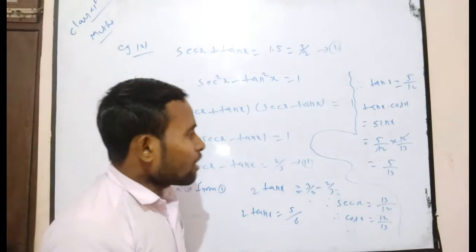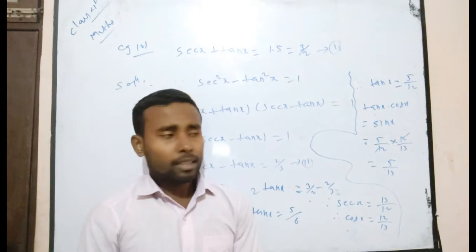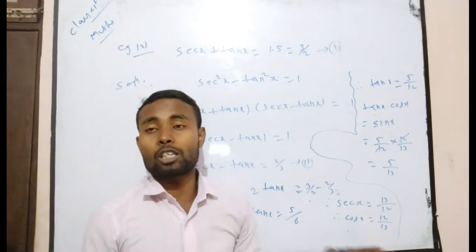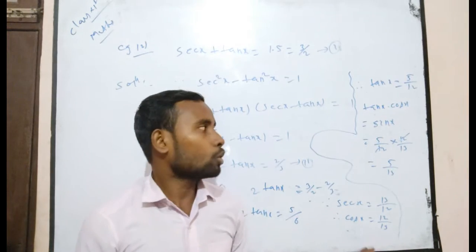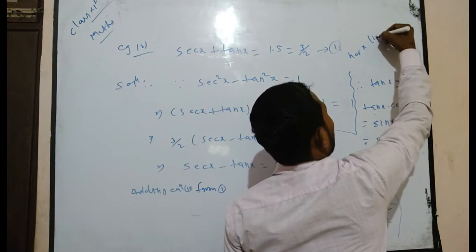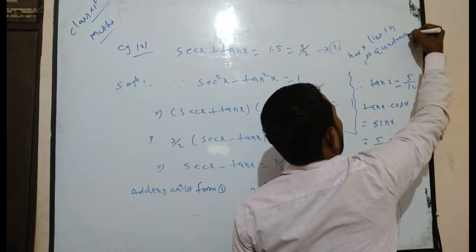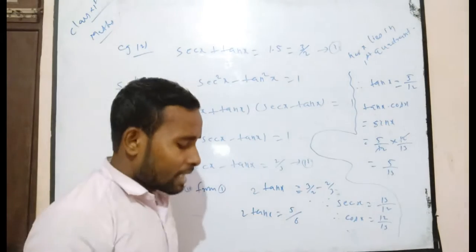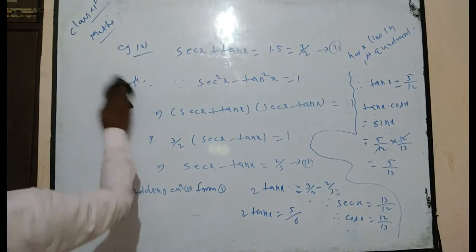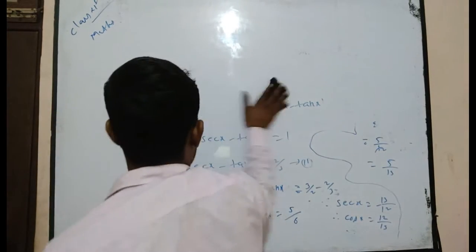Now can you say here, because sin x and cos x are both positive, there is no quadrant other than the first in which sin x and cos x are both positive simultaneously. So you can say that x lies in the first quadrant. In which quadrant? First quadrant. Here x lies in the first quadrant. I think you understand the procedure to solve this problem. Now we take the next problem.